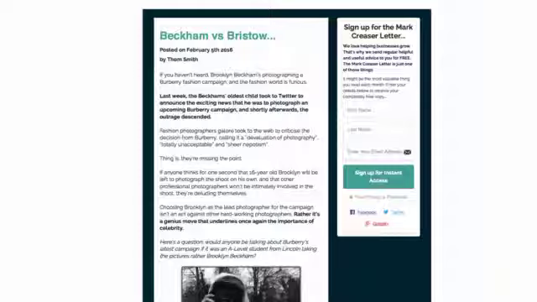The message I want you to take away is what they've done with the email. They've got me to read an email. They've got me through to their webpage. They're giving me valuable content. It's a really good email. I've also got an opt-in here. So if I do want to get their newsletter and find out even more about them, all I need is to fill in 1, 2, 3 boxes, and I'm done. Simple as that.